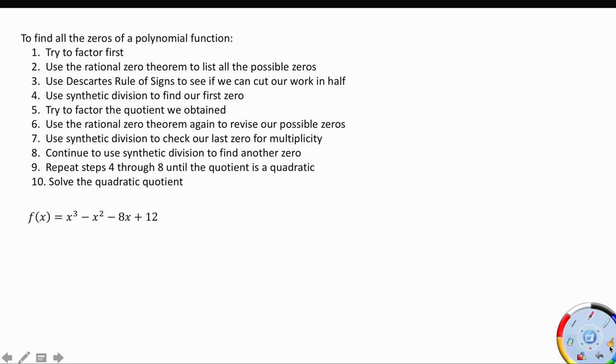All right, but try that first, because if I can factor this, I can get all of my zeros in one step. All right, since it didn't factor, I'm going to use the rational zero theorem to list all the possible zeros. That means P will be a factor of 12. So plus or minus 1, 2, 3,